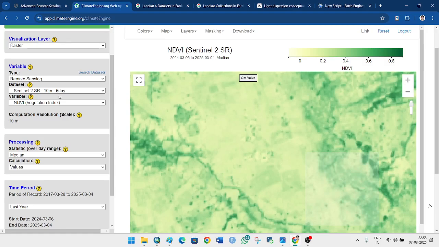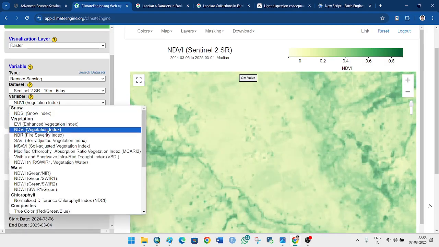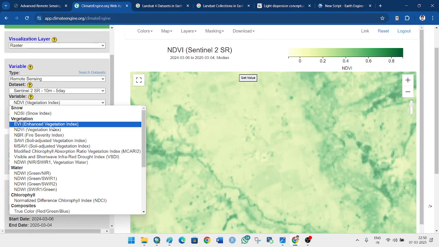So what is NDVI? And there are other indexes also, like if you are interested to see the water,